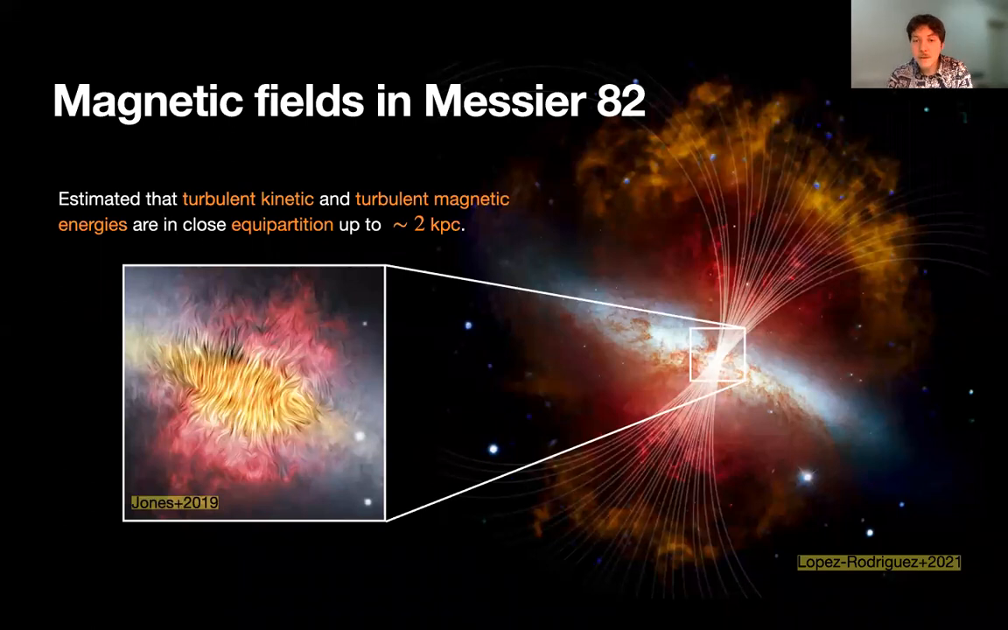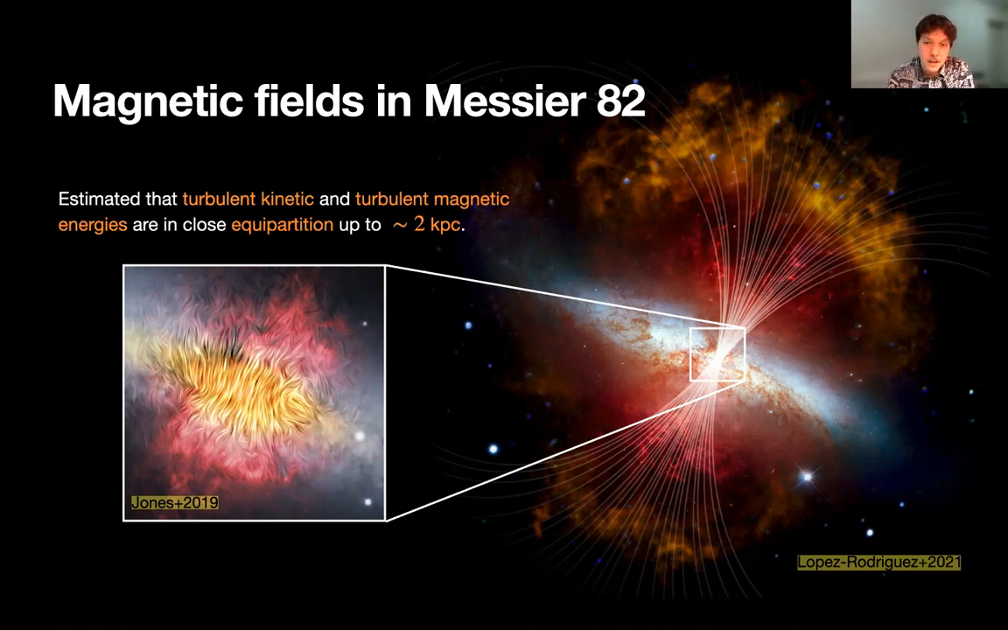We know magnetic fields are a very ubiquitous phenomenon, with the universe being in a very magnetized state based on our observations. Recent studies have been probing the M82 starburst galaxy, finding that there's both a small-scale and a large-scale component to the magnetic field. They further estimate that the turbulent kinetic and the turbulent magnetic energies are in close equipartition up to about 2